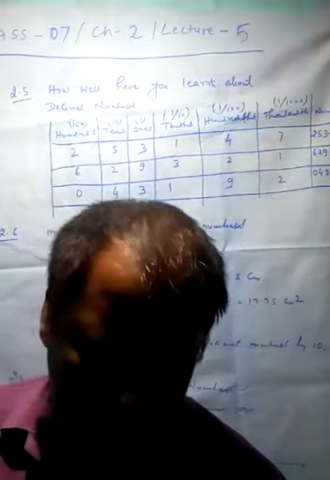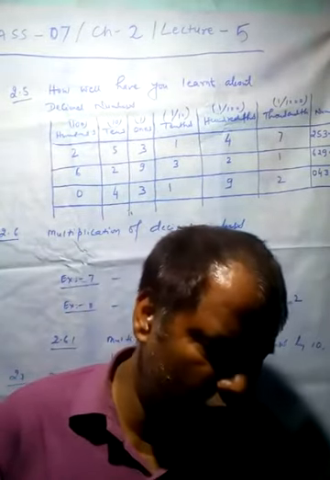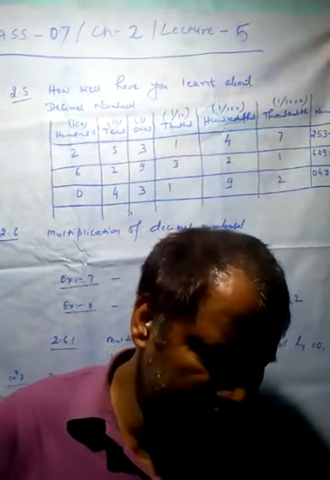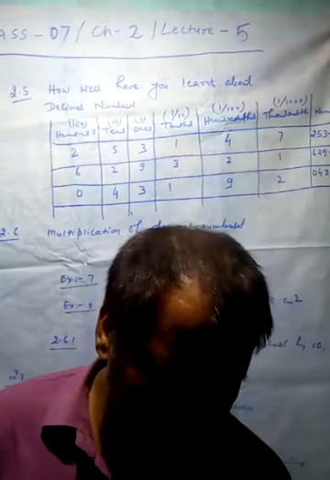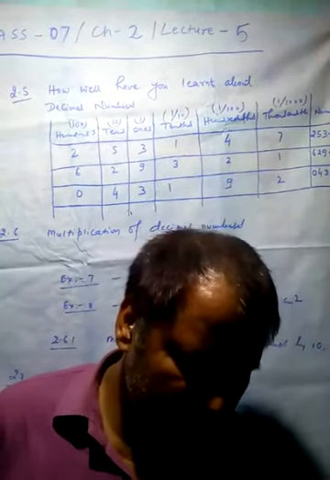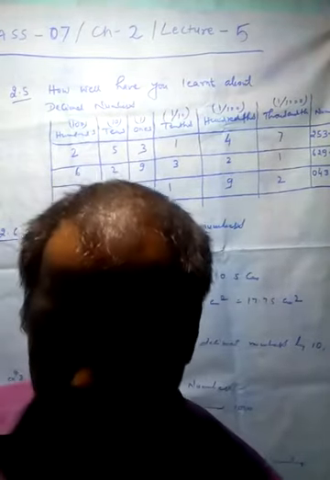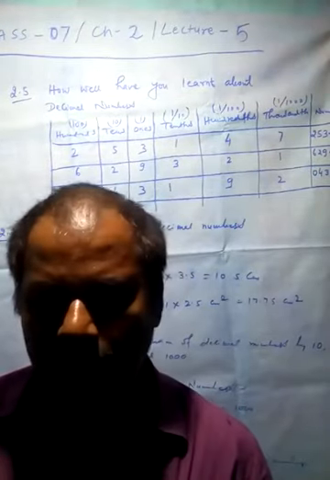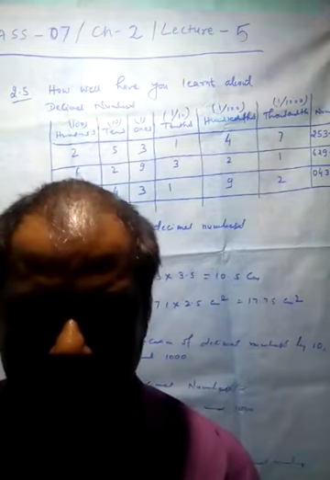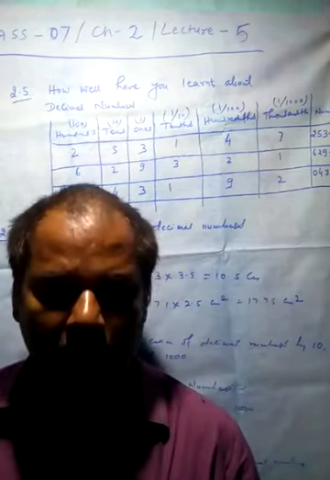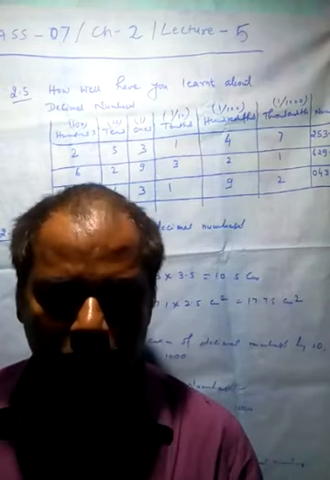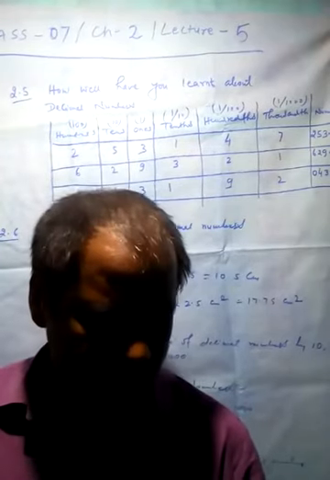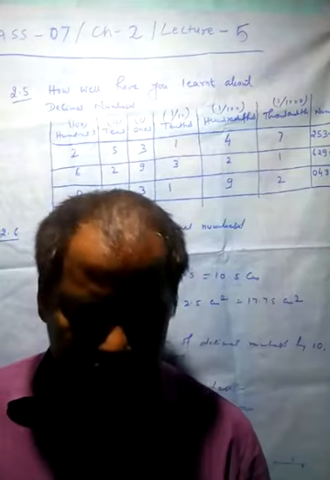Also we have come across a situation where we need to know how to multiply two decimals. Let us now learn multiplication of two decimal numbers. First, we find 0.1 into 0.1. Now 0.1 is equal to 1 by 10. So 0.1 into 0.1 is equal to 1 by 10 into 1 by 10, and it is 1 into 1 by 10 into 10, which is equal to 1 by 100, which is equal to 0.01. Let us see its pictorial representation.